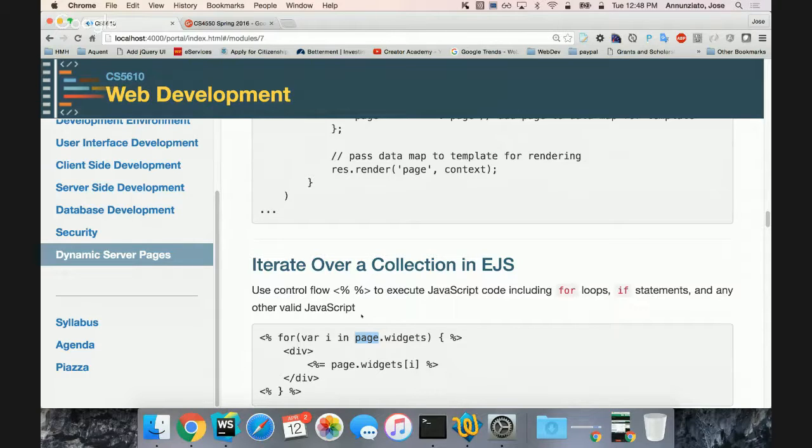So the way this is read is that we're going to iterate, and as we iterate, notice the open curly brackets here, we're going to create all these divs, one per widget in the page. See that? And as we are rendering, we're going to evaluate